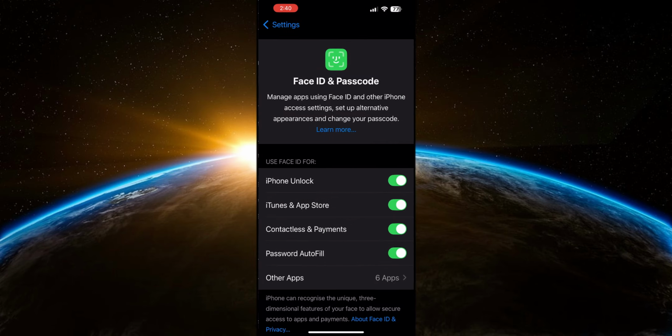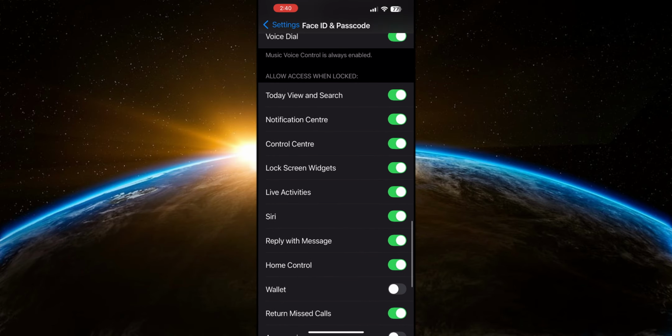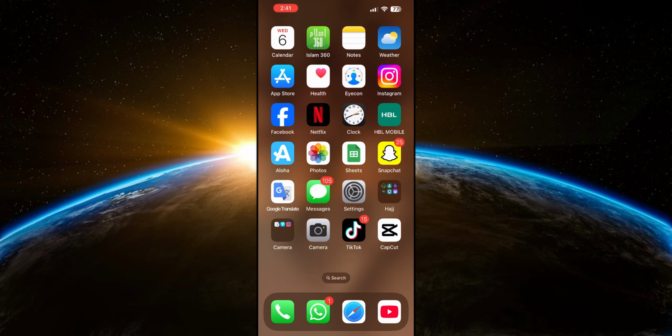Once you're in the Face ID and Passcode menu, scroll down to the section that says Allow Access When Locked. Here, you'll see an option for Control Center with a toggle switch next to it. Simply turn off the toggle next to Control Center. Now, Control Center access is disabled on the lock screen, meaning you'll need to unlock your phone first to access